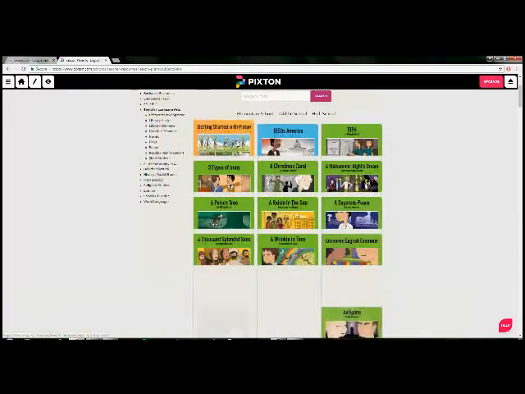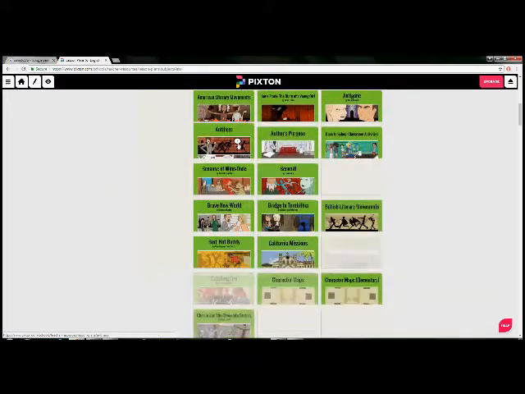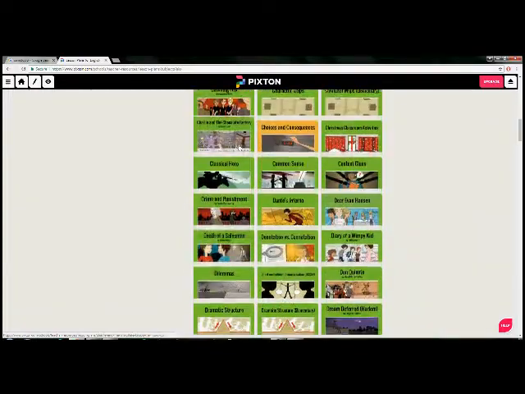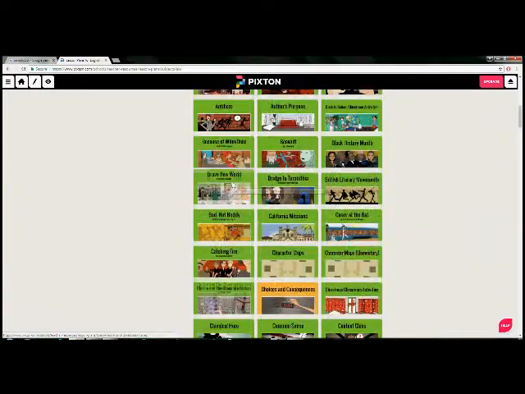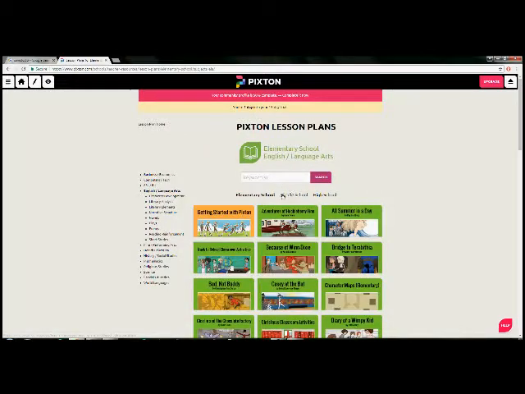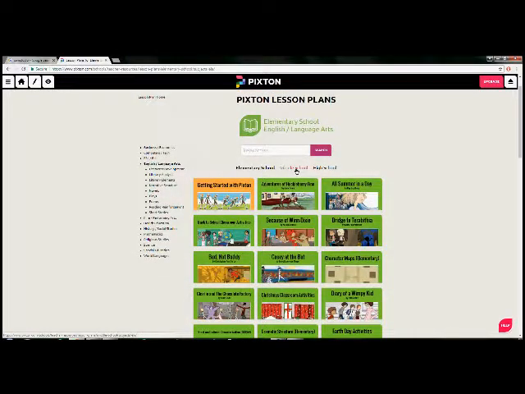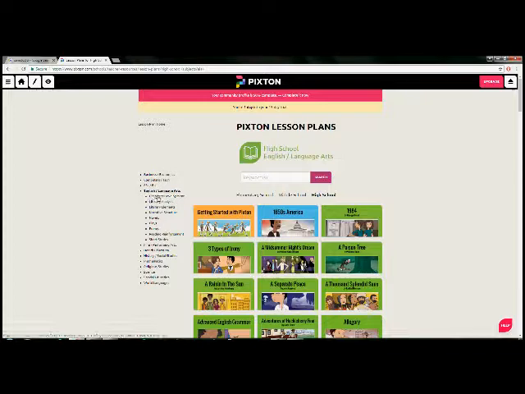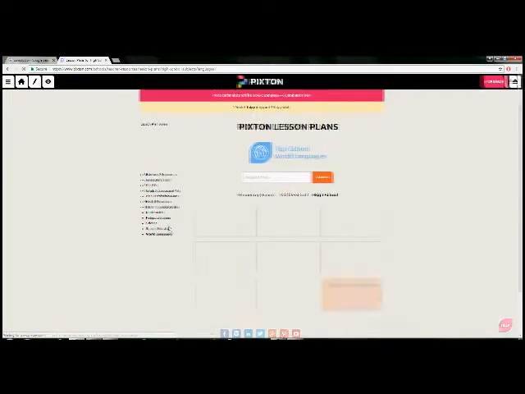And let's say that we want to do a comic for English. It would take you to this screen where you can pick any subject you want, like the classical hero. You can do it on novels. And the most important part here is that you'll be able to separate them out by academic level. So elementary school, middle school, high school. It's all on there, and you even have subject areas like literary analysis or